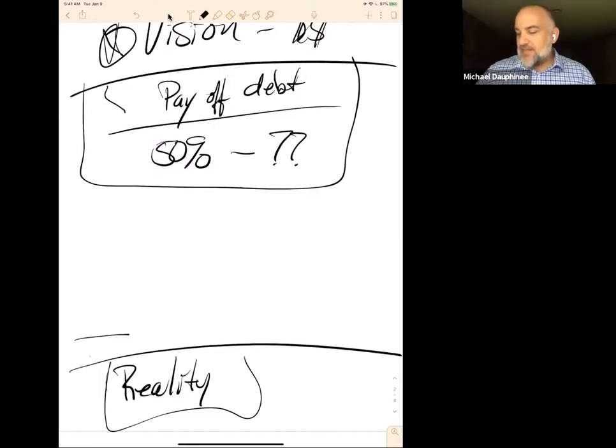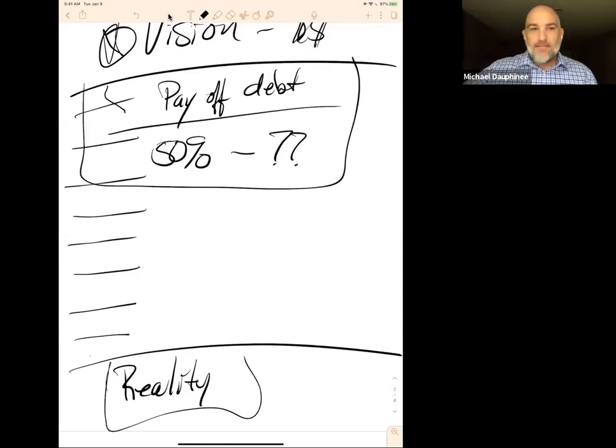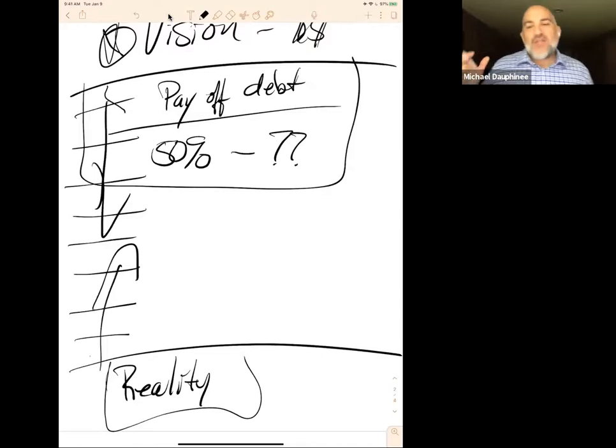The way to close the gap is to step into it one step at a time, building steps and pulling the two together over time. Most people will think, right, you get a vision, let's say for physical fitness, and then you look at your reality and you're like, yep, I'm out of shape, I can't do whatever. So for me, just so you know, to make this one my fitness one, my goal was,